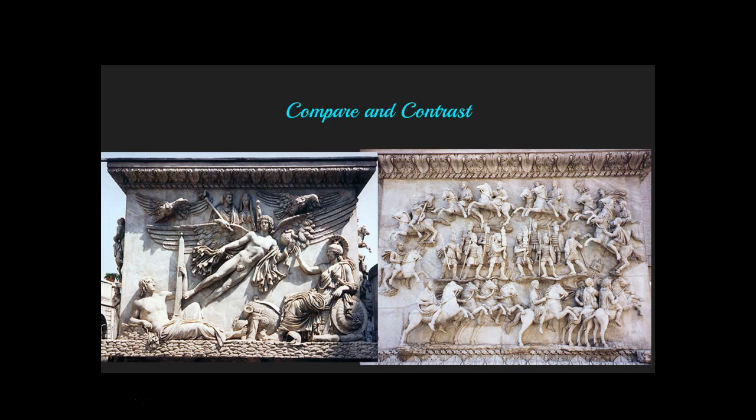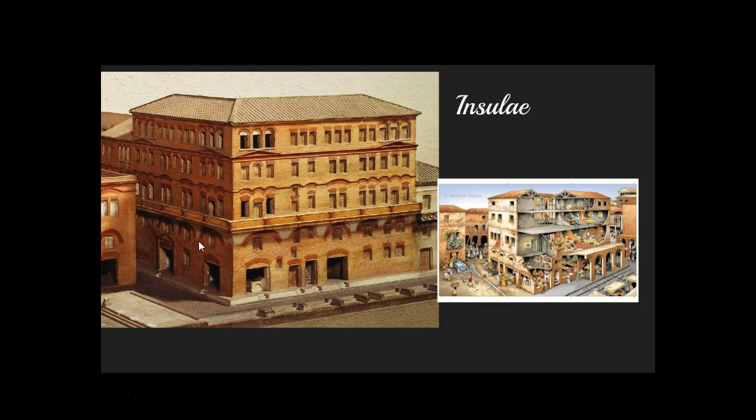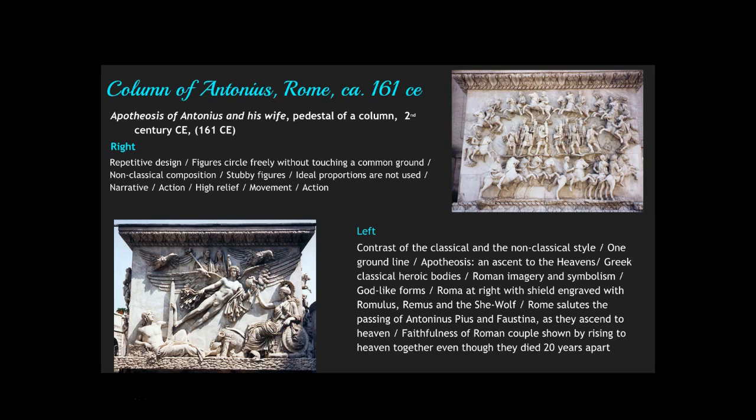So if you look on the right, with all the movement that's happening around and your eye following around, we do have this larger form here. It typically starts here and moves around these images in the middle, whereas here there's a lot broken up in pieces. So those are differences in style within the Roman culture. And we've got that. So that was the column of Antoninus in Rome.